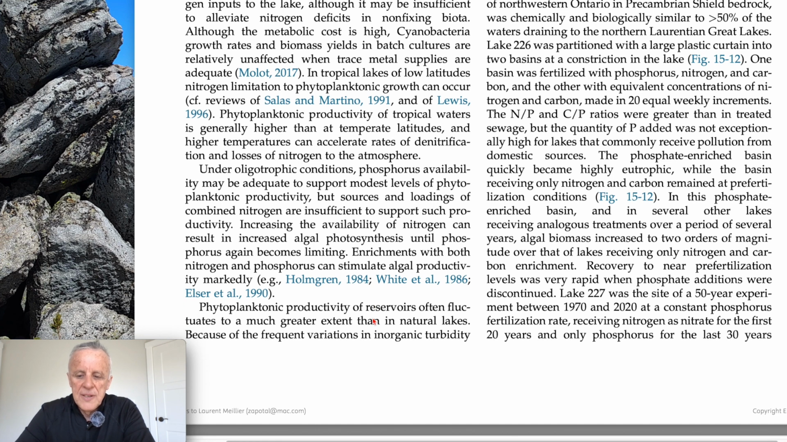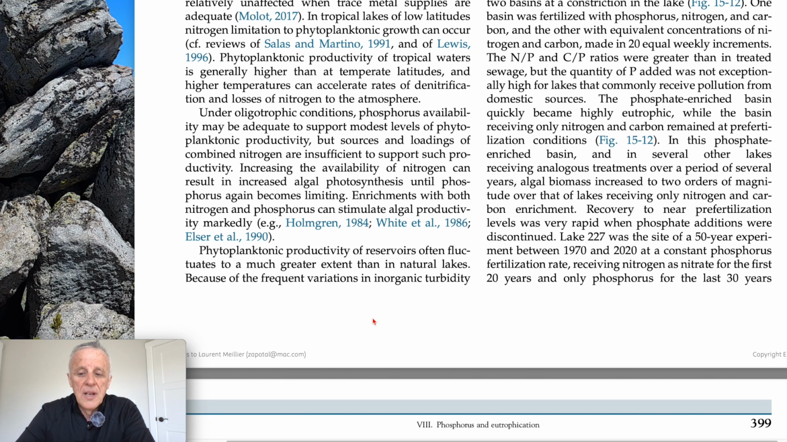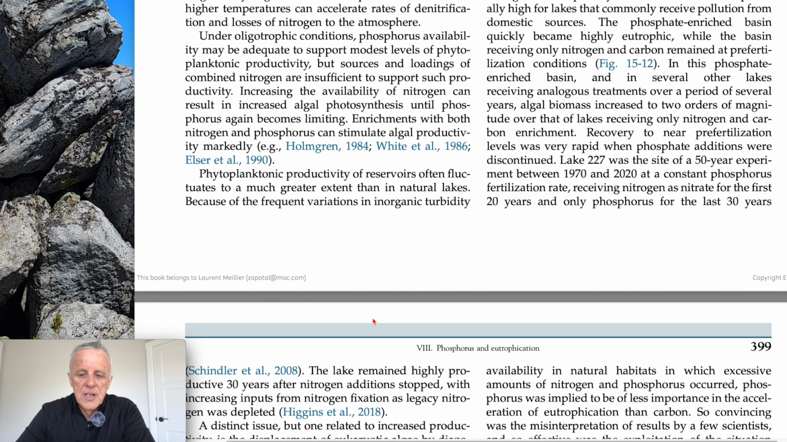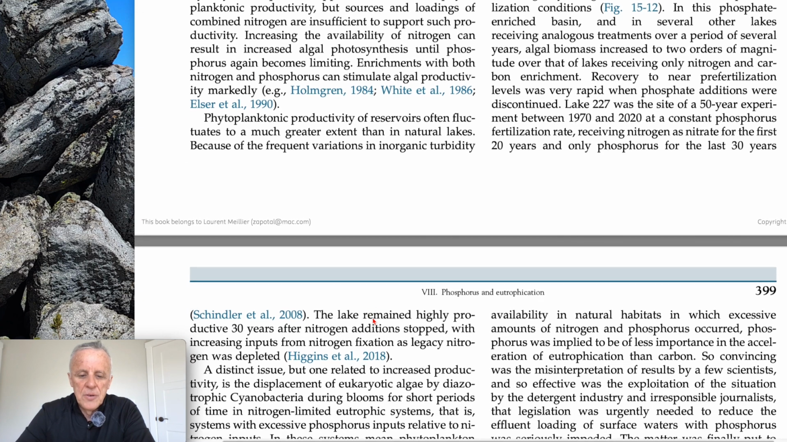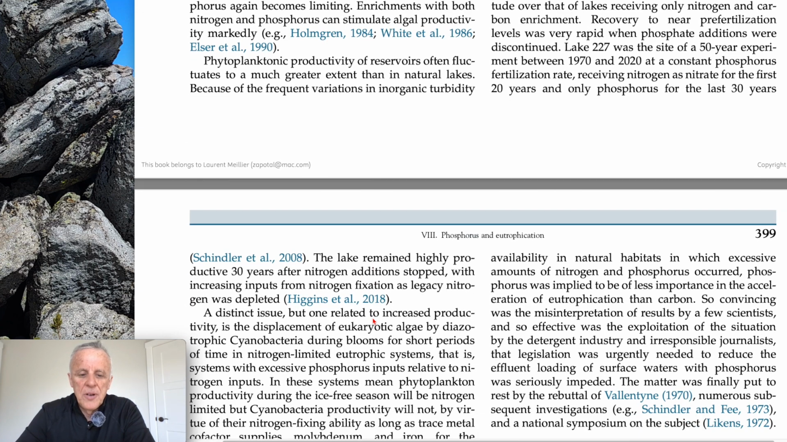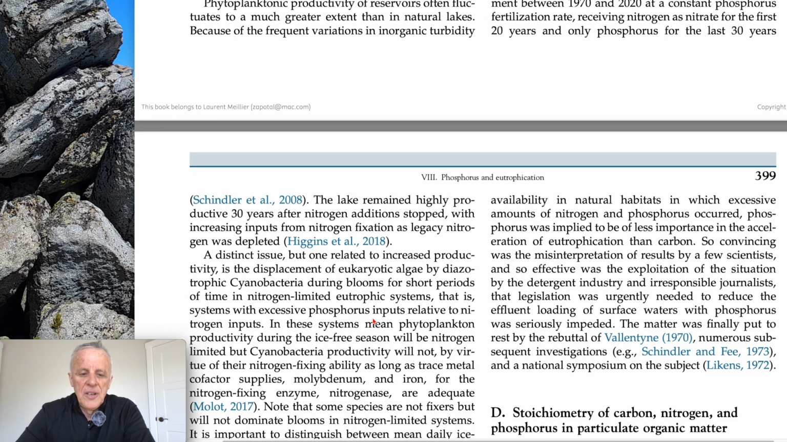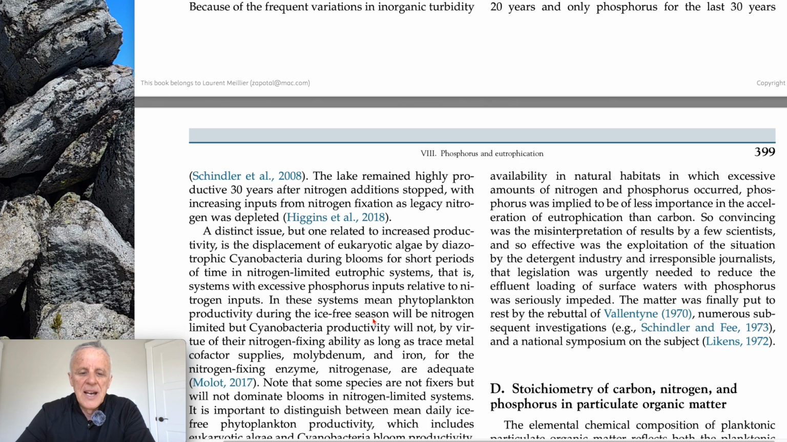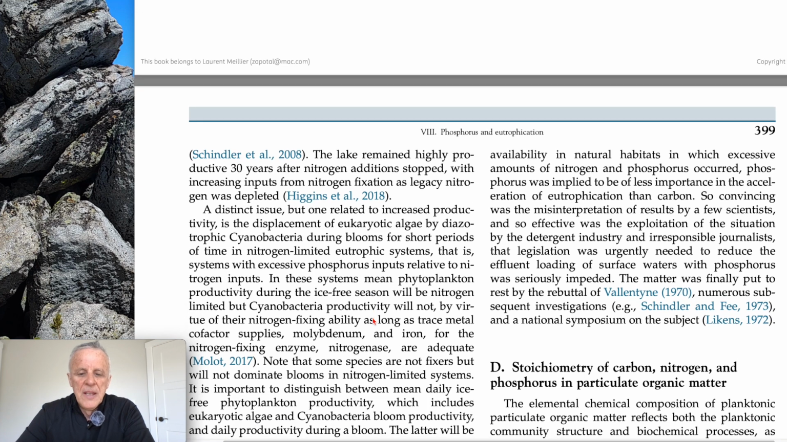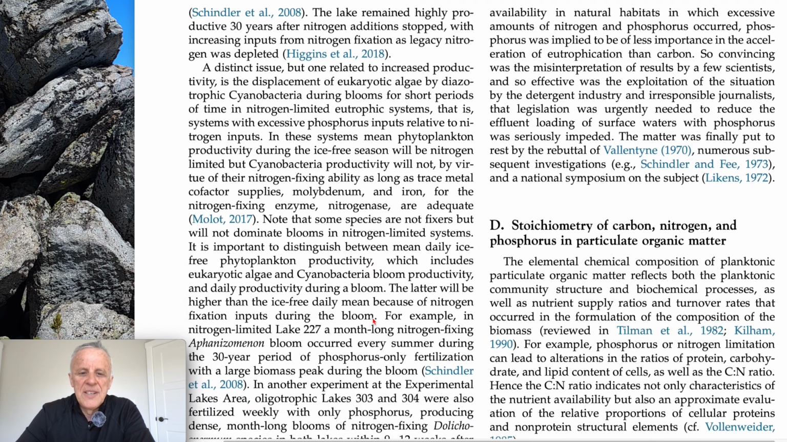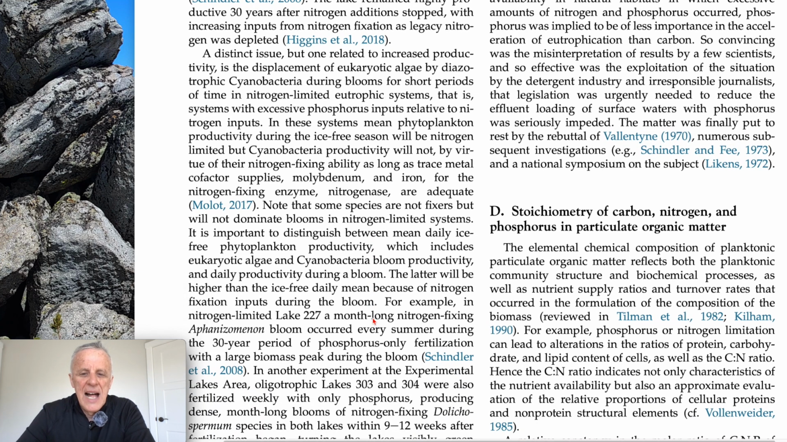Lake 227 was the site of a 50-year experiment between 1970 and 2020 at a constant phosphorus fertilization rate, receiving nitrogen as nitrate for the first 20 years and only phosphorus for the last 30 years. The lake remained highly productive 30 years after nitrogen addition stopped, with increasing inputs from nitrogen fixation as legacy nitrogen was depleted. A distinct issue, but one related to increased productivity, is the displacement of eukaryotic algae by